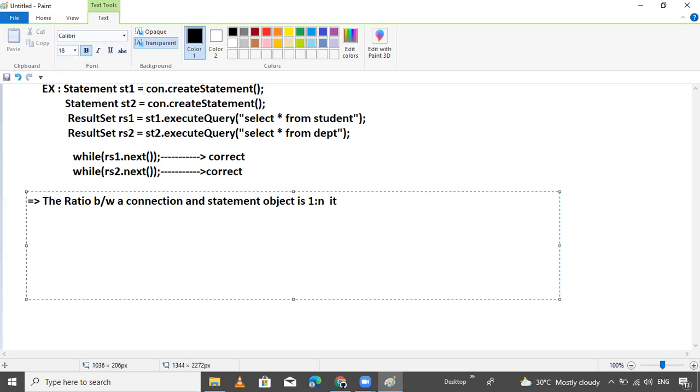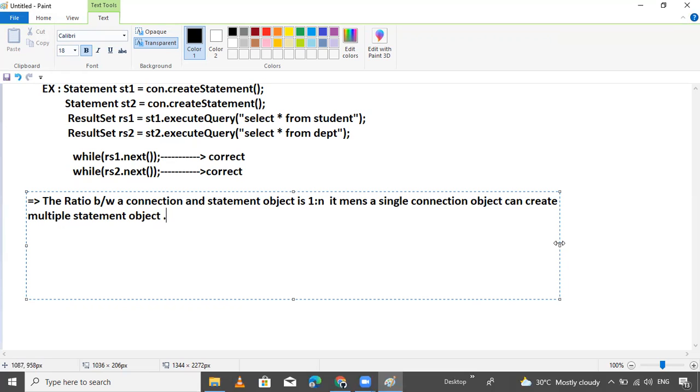What is the meaning? It means a single connection object can create multiple statement objects.